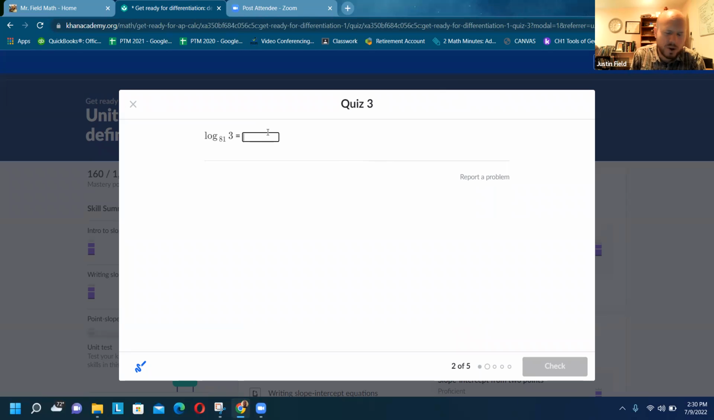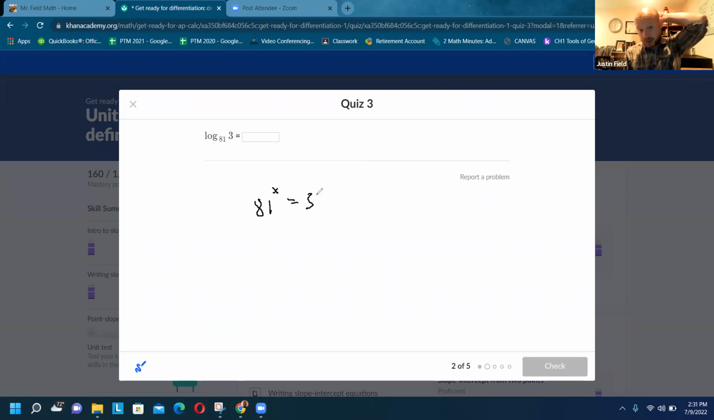In fact, I'm going to do this one right now. Log of 81 equals 3. So this is 81 to what power equals 3? Let me write that in exponential form. 81 to what power equals 3? Because we know it's log base answer exponent. And you may say, I don't know. But actually, if you think about it, you square root 81, you get 9. But if you cube root 81,